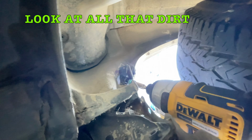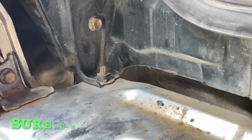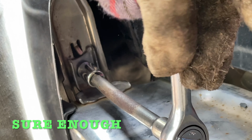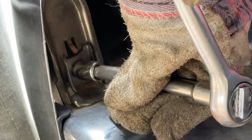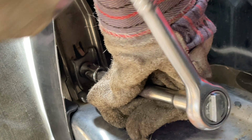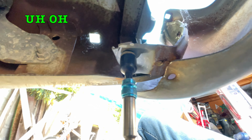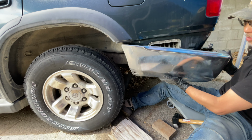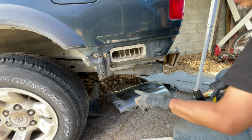I think there's a screw in here somewhere. Let's get this off. Pull this up. Just snaps out, I think. 12 millimeter here. That's tight. Nope, a little more. Now to get with the hammering, I'm gonna hammer this down and out, and I want